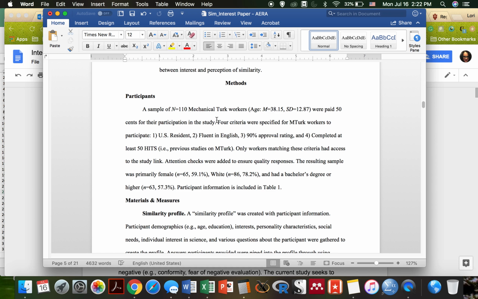That's up to you. And then, let's see. The resulting sample was primarily female. That's how mine was. So yours, I believe, was also primarily female. That's typically the pattern in research anywhere. And they had a bachelor's degree. Now you guys have their age, how many participants, and their gender, but you can also put